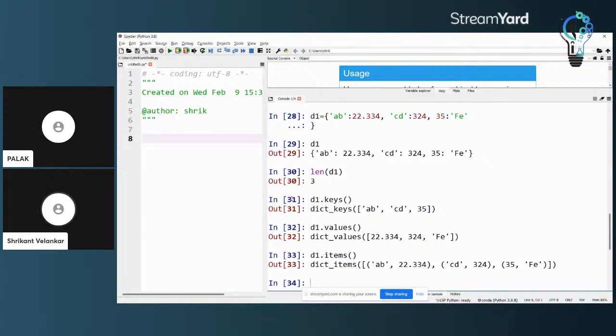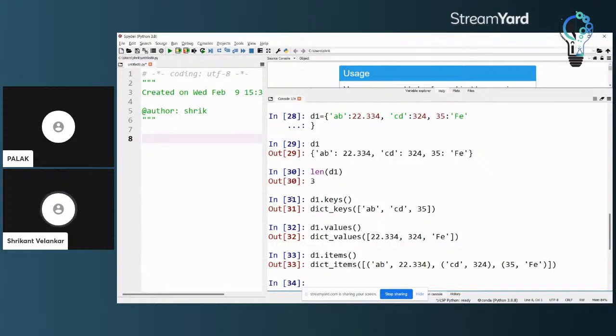You will see dict_items, and there is a square bracket, which means essentially it is a list containing key value pair tuples. So AB, comma 22.334, is seen inside a round bracket, which in Python is a tuple. The first tuple indicates the first item, the second tuple indicates the second item, and so on and so forth. And all the items are part of the list, which essentially represents the contents of that dictionary.